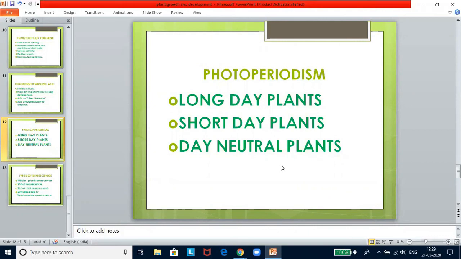Long day plants respond to nights shorter than the critical dark period. Long day plants do not need an uninterrupted dark period. Thus, a long day plant is more appropriately called a short night plant. So, actually, it's a misnomer. Now, let us look into the other concepts like